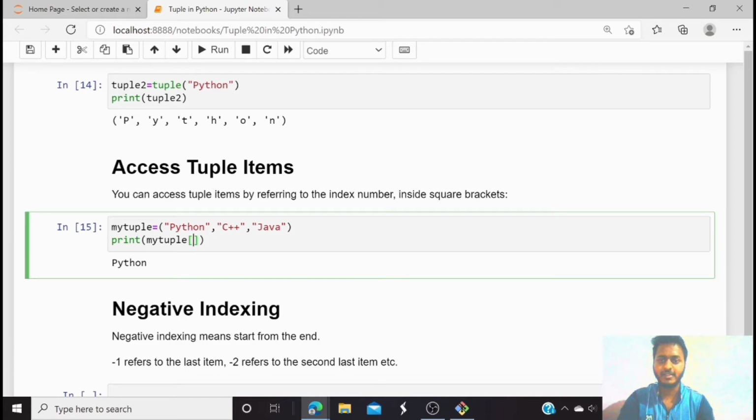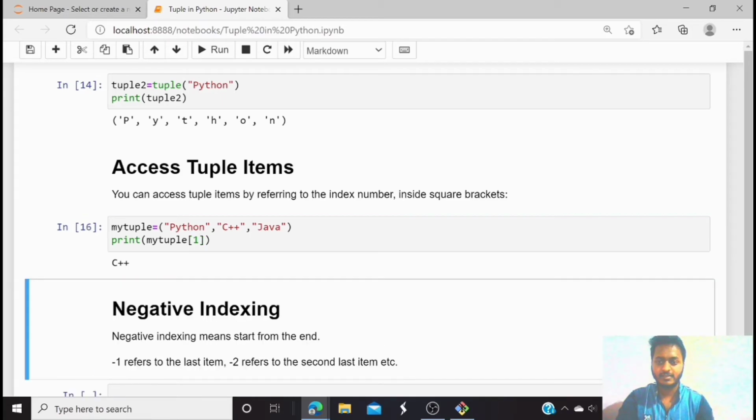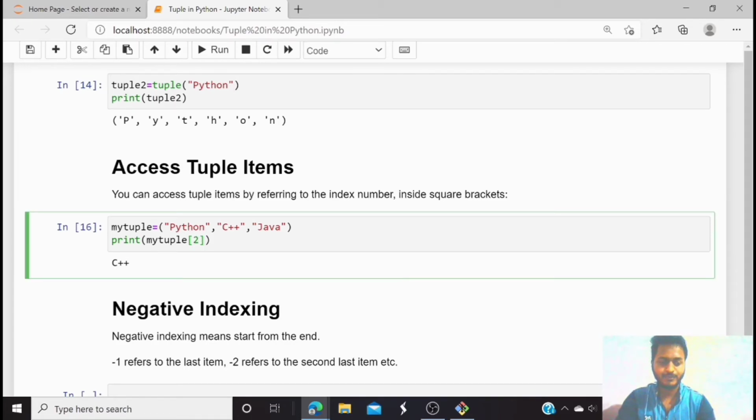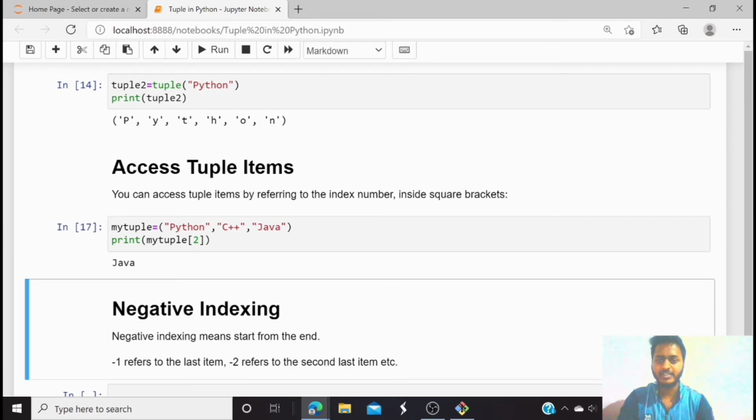If I want to print the element which is at the first index, I have to use only a 1 here. And here you can see C++ is stored at the first index. If I use 2, Java is stored at the second index.